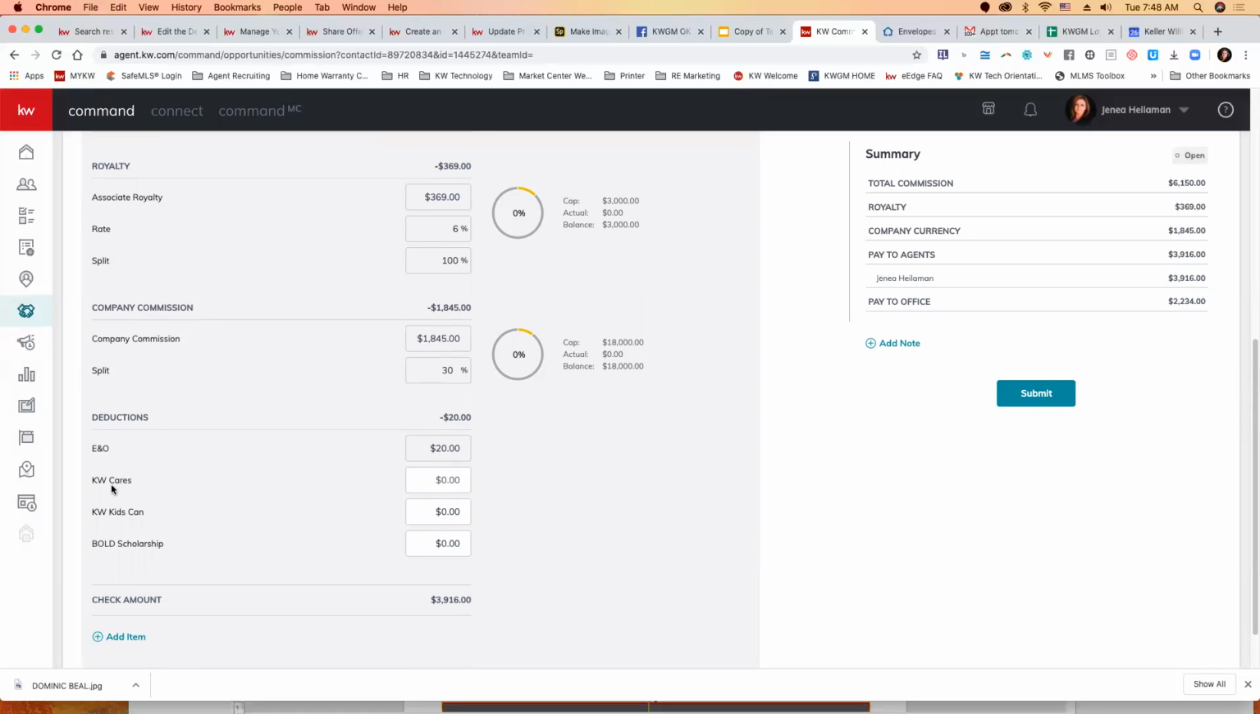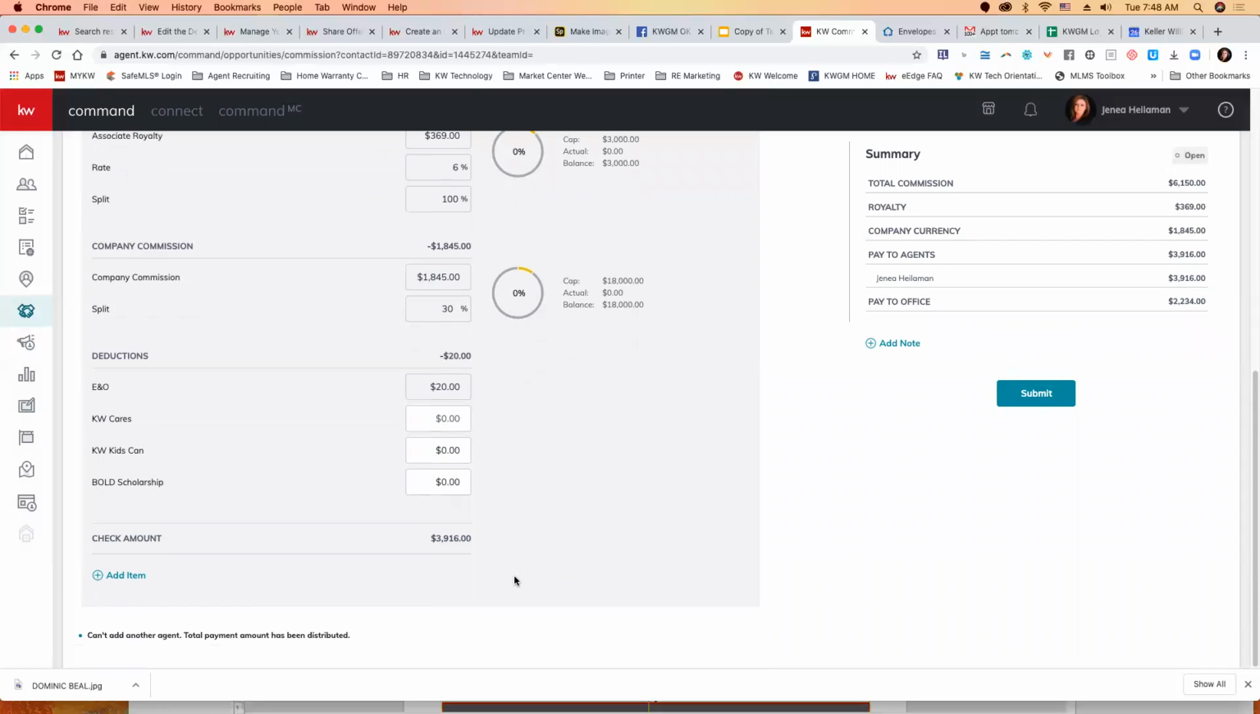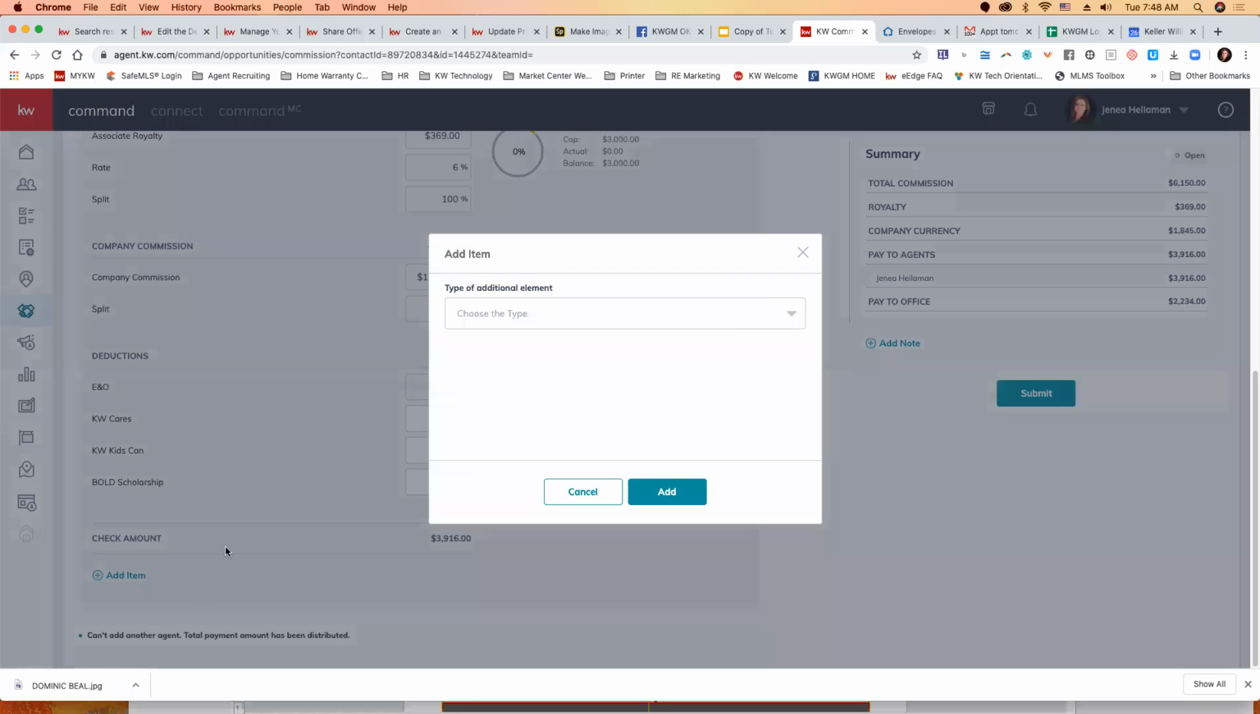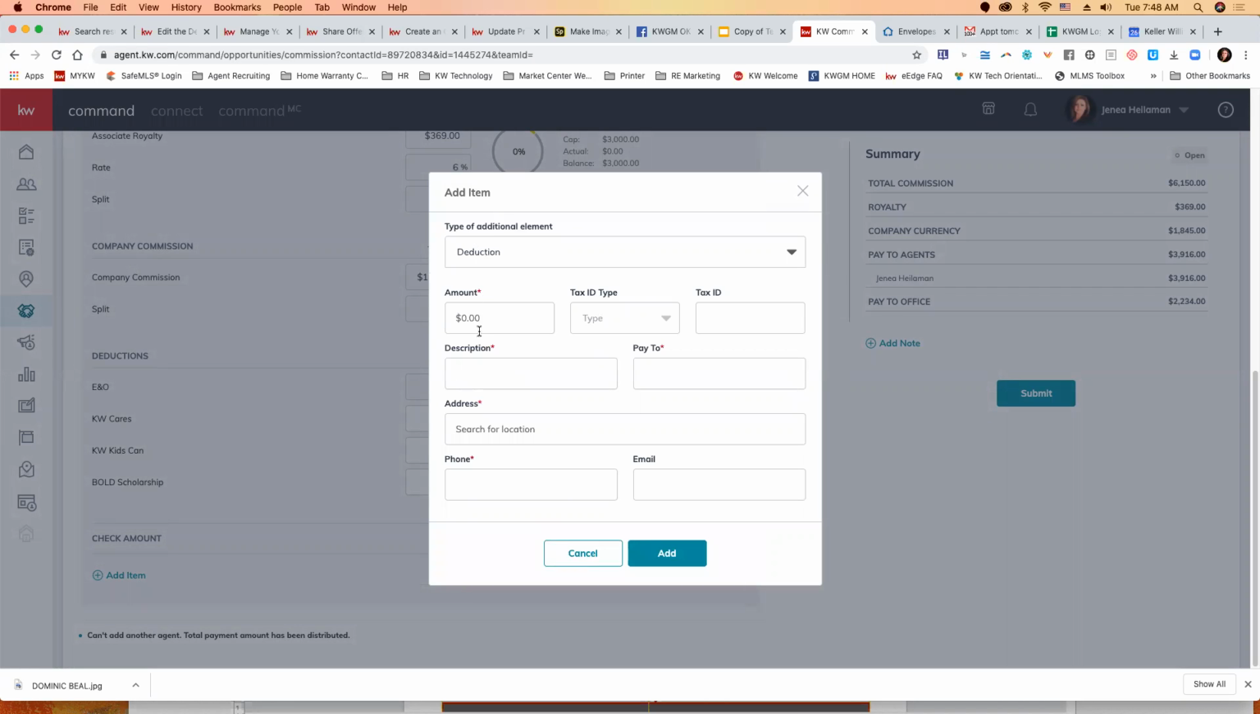And then there's a field for KW Cares, Kids Can, and Bold Scholarships. So if you wanted to add anything to any of these fields, you would just click inside here and just type an amount. You will notice that the KW Care Bear field is not there, since that is just an in-office donation account. So what you would need to do is come down here to the bottom and click Add Item, choose Deduction, type in your amount,